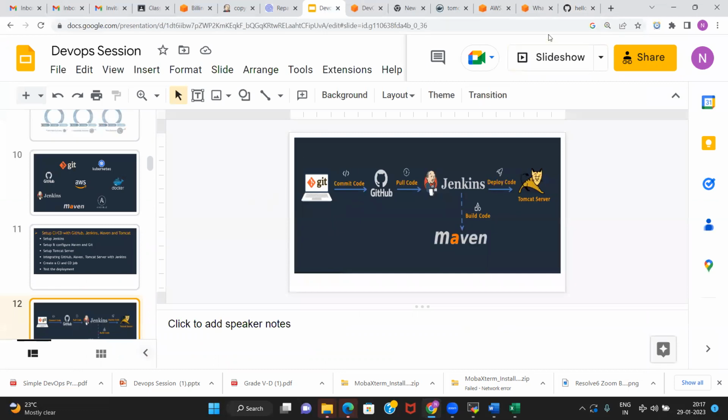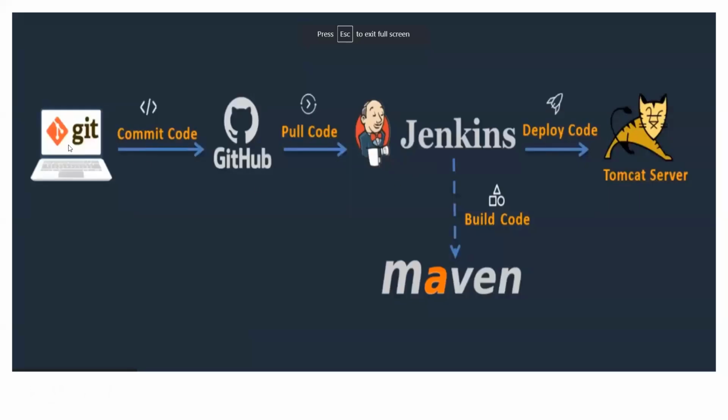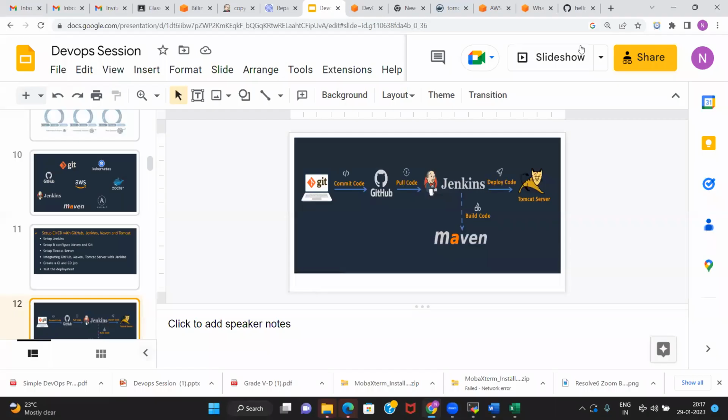If you look at the diagram, you can see the Git developer. Git software will be there in the workstation. Git is a version control tool, and we will talk about it in detail. Git will be on the developer system, and from there the developer will commit the code to GitHub, or push the code, or merge his code changes into the GitHub repository.